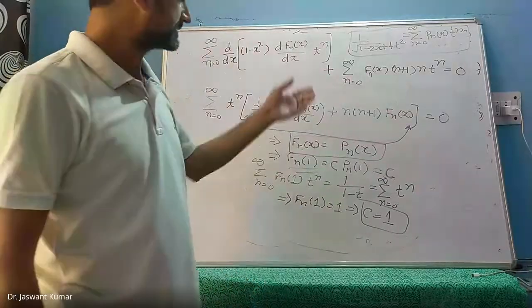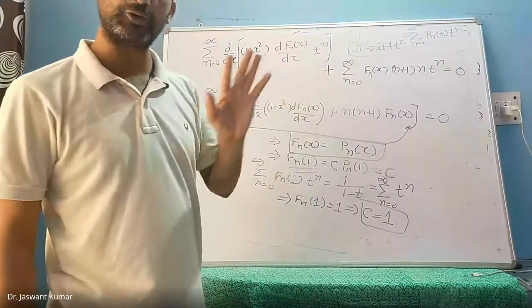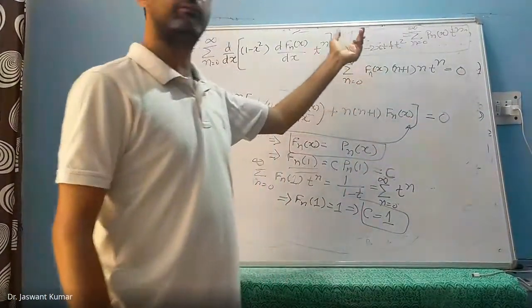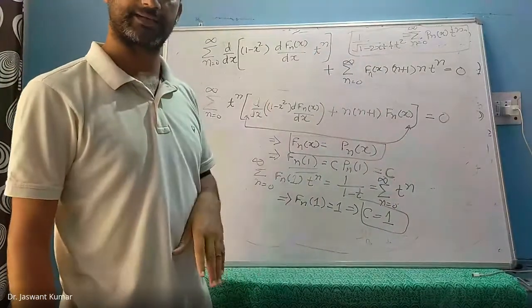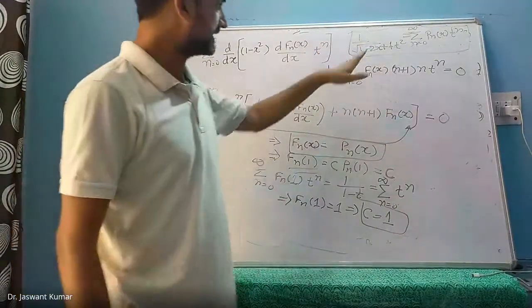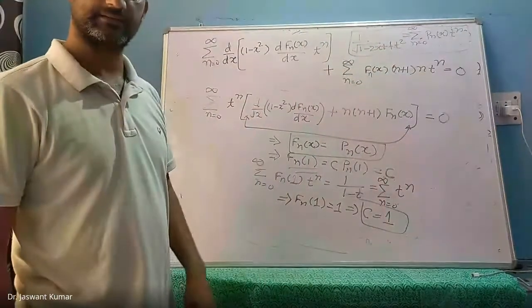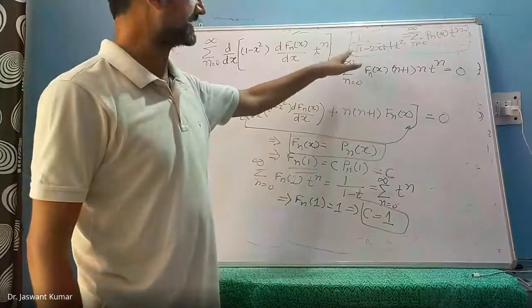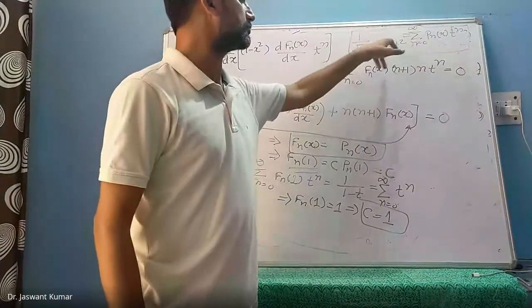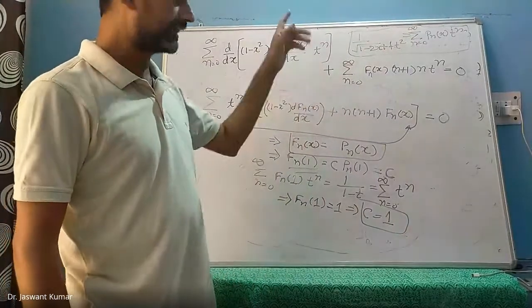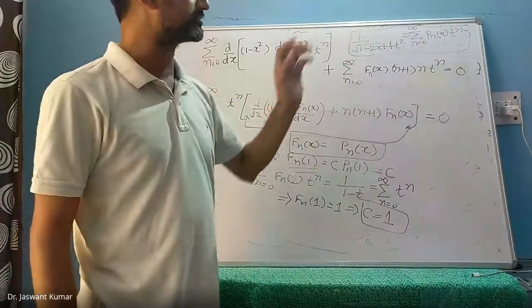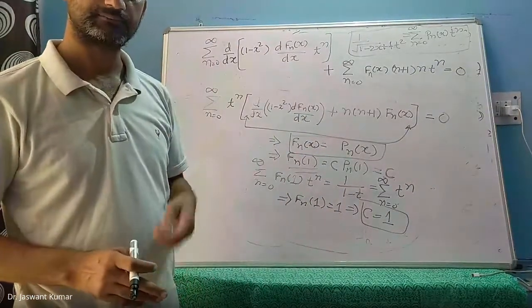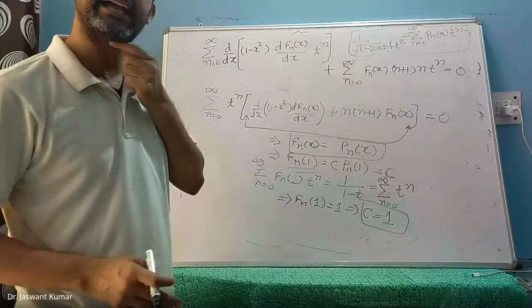That means from first principles, how do we motivate what should be this particular function, 1 minus 2xt plus t squared? We can have another lecture on this, but for this particular lecture, at least for this expression, we have verified that the inverse of the square root of 1 minus 2xt plus t squared is actually equal to the summation of P_n(x) t to the power n. Does anybody have any doubts in this?